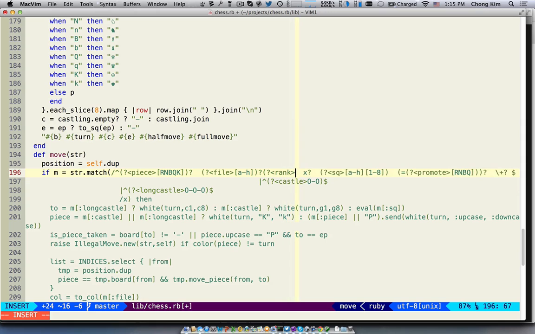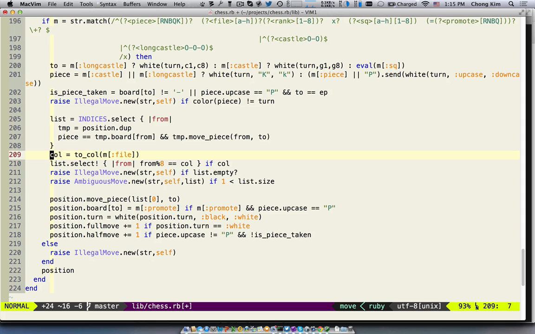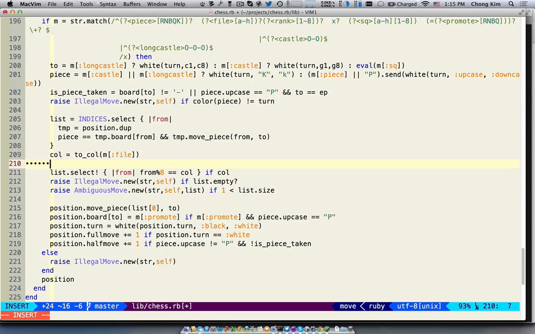It's called the rank, and that's 1 through 8, and it may not be there, and it might be takes. Okay, so rank. So basically all we have to do is look for column. Here's column, and we do the same thing except we do it for the row. To row, M rank,